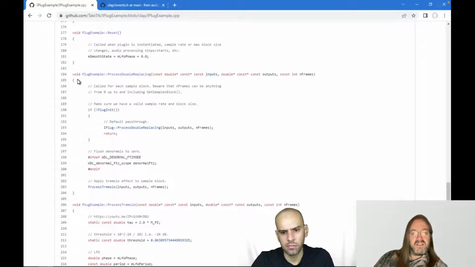But I think it's an efficiency thing. And anyway, it's something that VST used to do and no longer does. And so actually, maybe I should have renamed this just to process, because that would have been so much easier. But because the whole replacing and the whole double, it's always double. It's always replacing. So yeah.